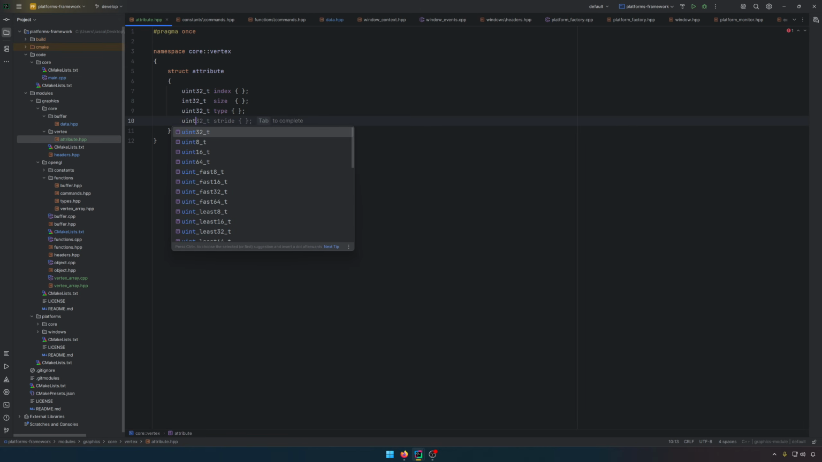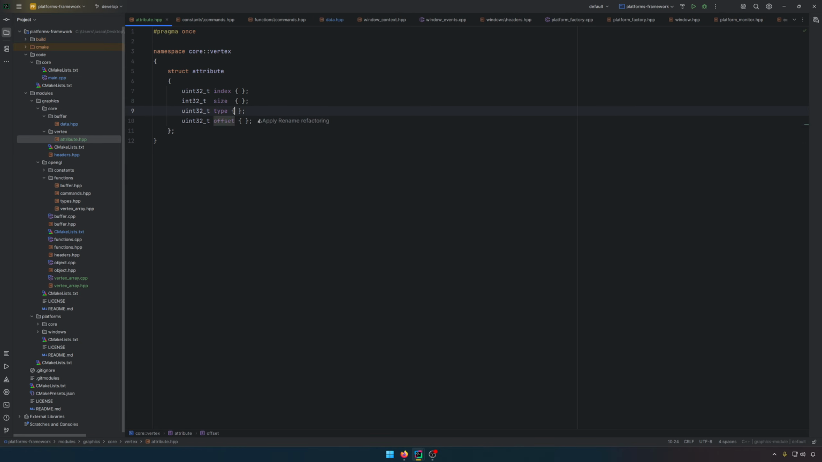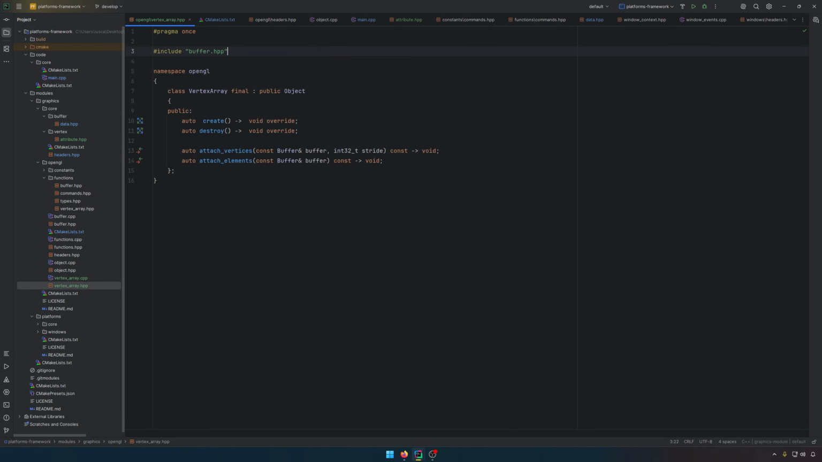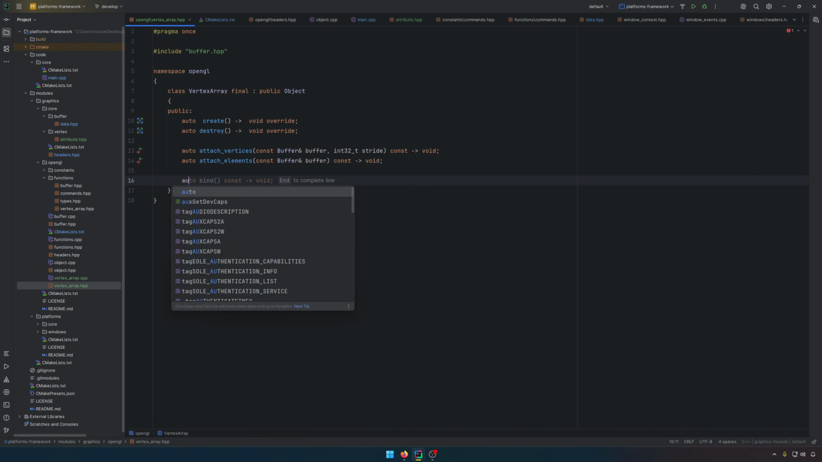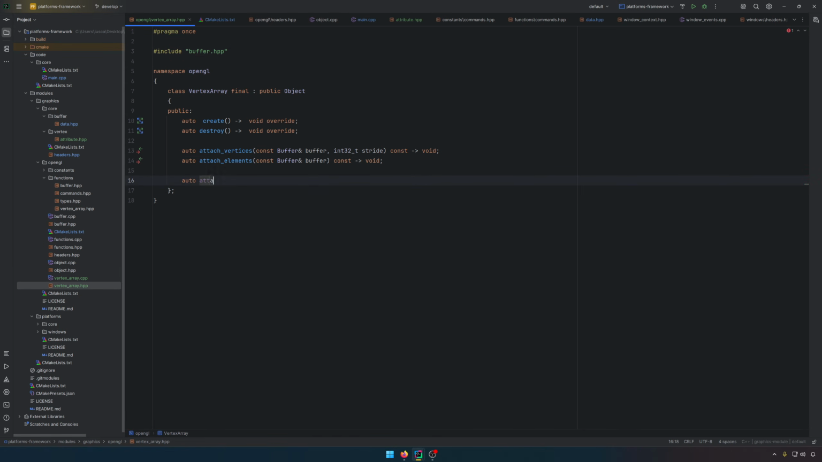And the last of them will be an offset. Okay, and I will show you now how to use those. So back to our vertex array. Inside here, we'll have an auto attach attributes,